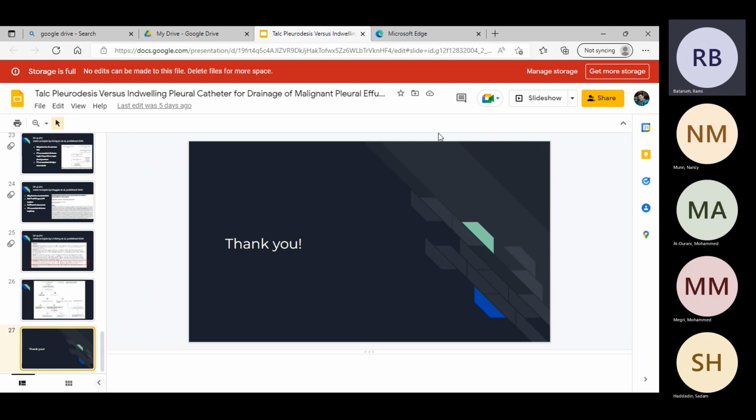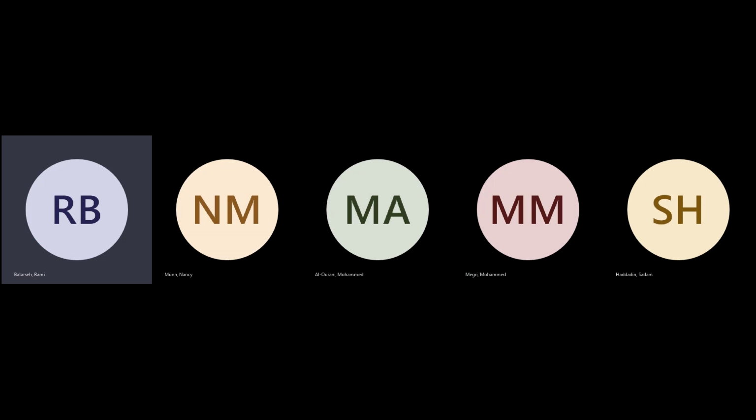If life expectancy is expected to be longer than this, and I have good approximation, I would personally try the talc. Most of the patients you'll see will probably have a very short life expectancy; this is stage 4 cancer, mostly months. So most people go with IPC now because of the benefits. The complications you talked about usually occur in prolonged cases, but the mortality is so high that they usually don't survive long enough to develop them. Technically you should not be putting a pleural catheter for non-malignant effusions if they have a long survival, because those patients may have complications like cellulitis, infections, and pus. I don't know if there is data about using it for